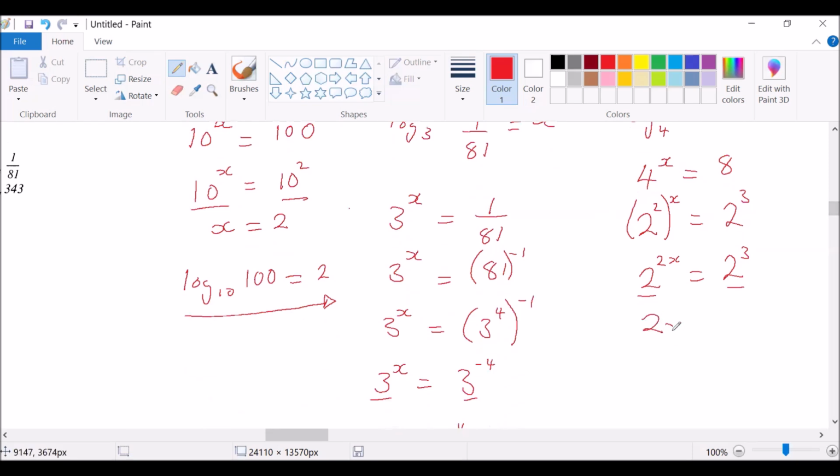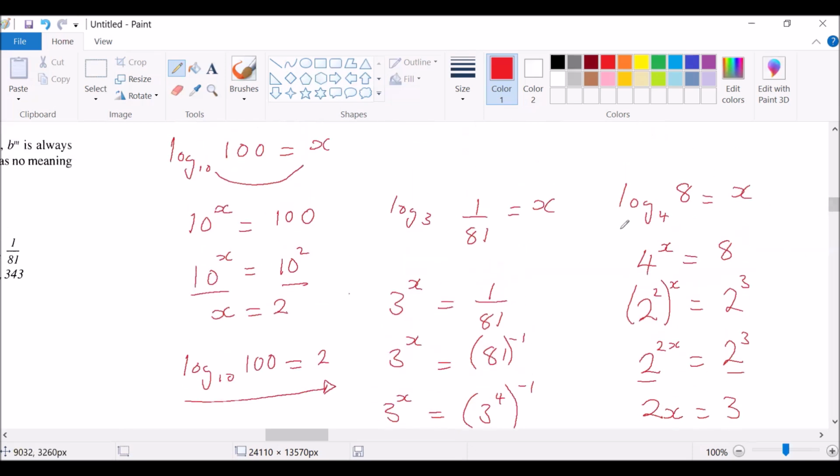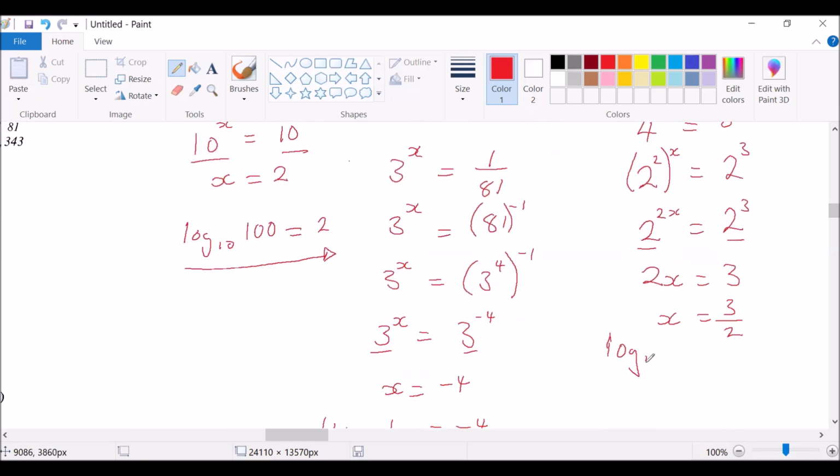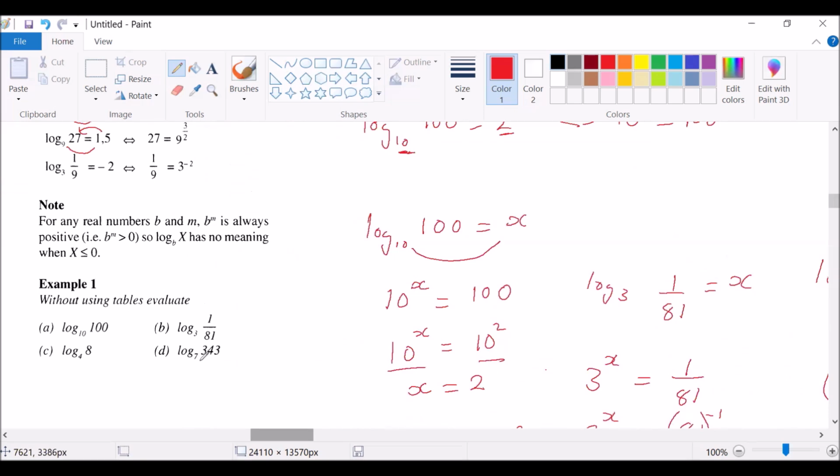So we say 2x is equal to 3 and x is equal to 3 over 2. Now our statement by substituting x should be log to base 4 of 8 is equal to 3 over 2 or 1.5. For D, log to base 7 of